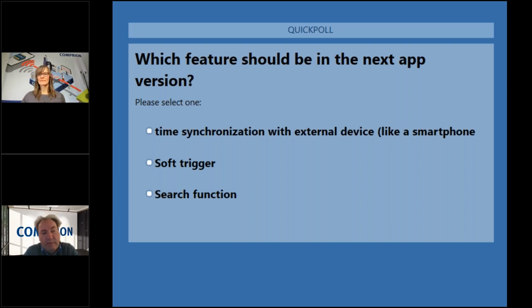Another feature that we have on the roadmap is what we call a soft trigger, or a software trigger. You know, the TraceCase doesn't provide any hardware trigger. That's also not intended, because we want to use the TraceCase in the field. If you need a hardware trigger, then Comprion has other devices to do this. Anyway, it's not possible to connect a hardware trigger with a phone, for example. That's not possible. So a software trigger enables us to